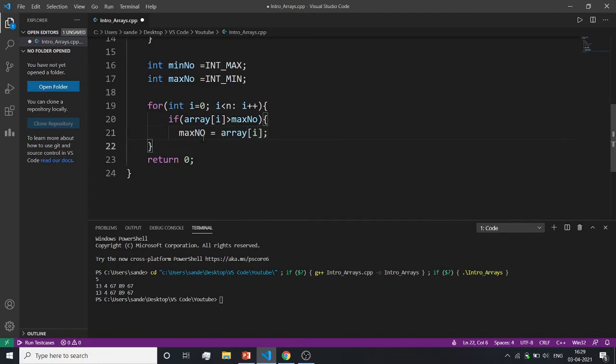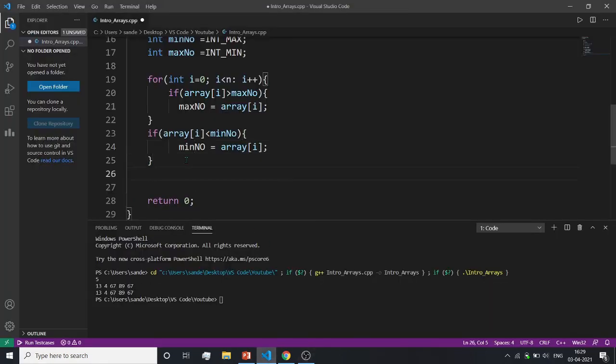Okay, then in the same way to find out the minimum number also. So here I will check if array of i is less than minimum number, then our minimum number will be array of i. Okay, so this is the code.